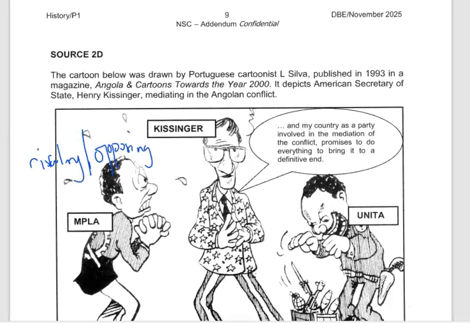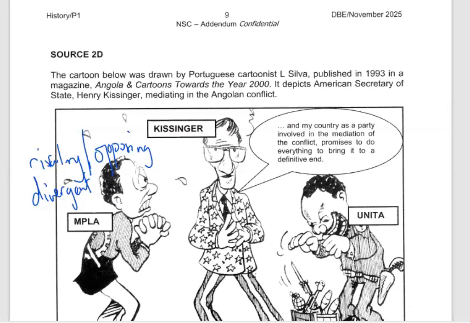One is against the other. Or we can say this is a divergent relation. There is a lack of trust between these two. They are rivals, they are enemies. This one is communist, this one is capitalist. And then this one is trying to mediate. There's a lack of trust in this relationship.